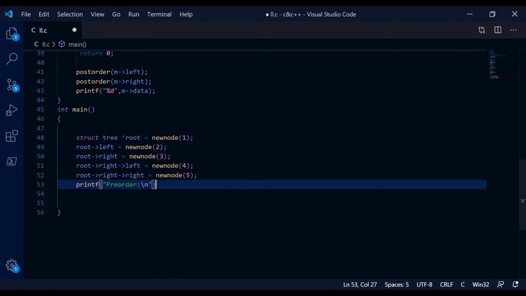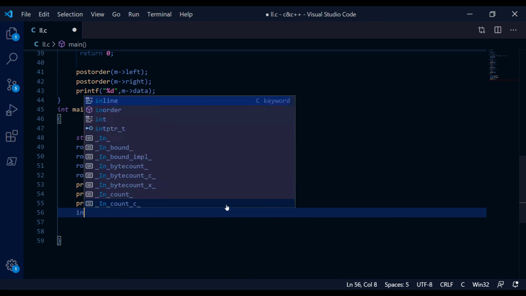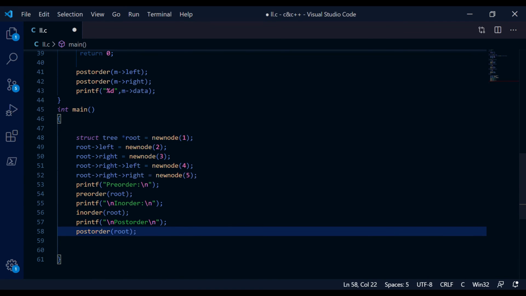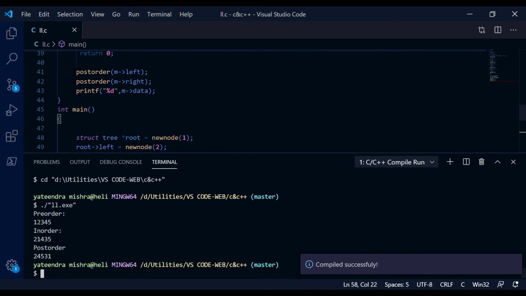Now just printing the results by passing our root node, which is the starting point of the tree, into the preorder, the inorder and the postorder functions. And here is your result with preorder as 1, 2, 3, 4, 5, inorder as 2, 1, 4, 5 and postorder as 2, 4, 3,